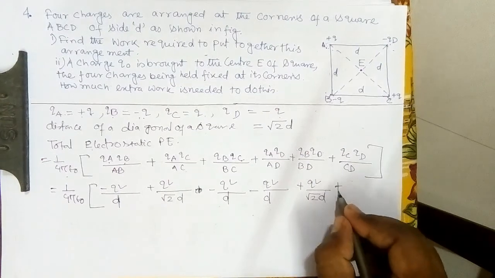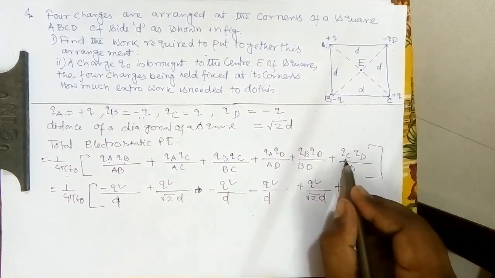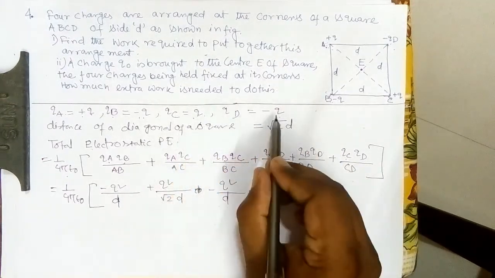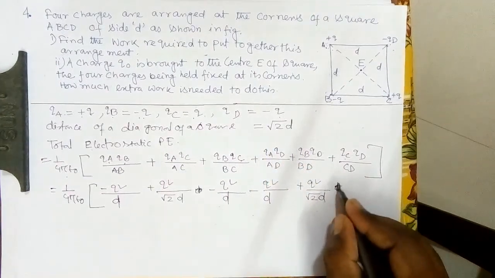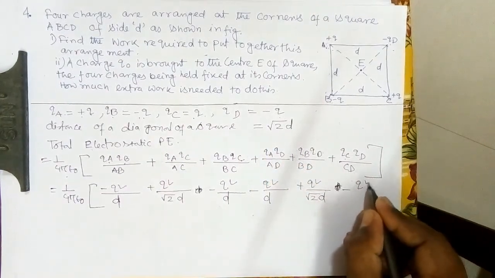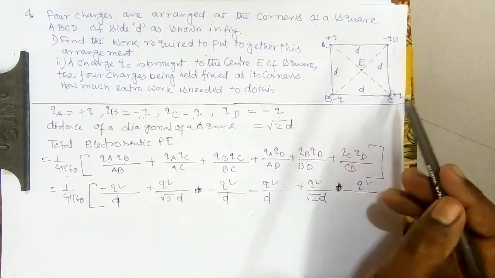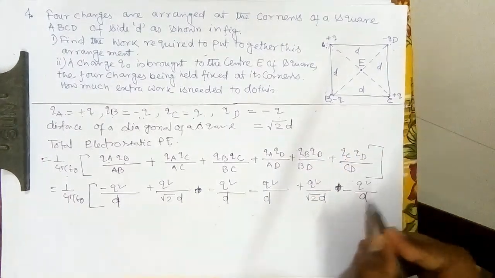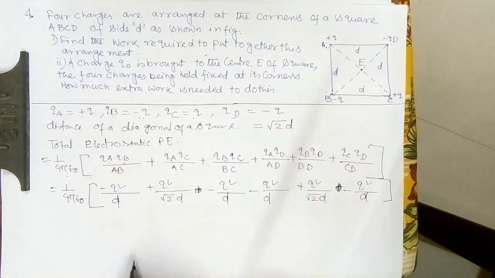And then QC into QD. So QC, it is plus, QD is minus. So it will be minus sign, minus Q square CD equals to, you see, it is also D. Okay, so see, something will be cancelled out here. The things which will cancel out, we can cancel out, but here 1 2 3 4, no cancellation.